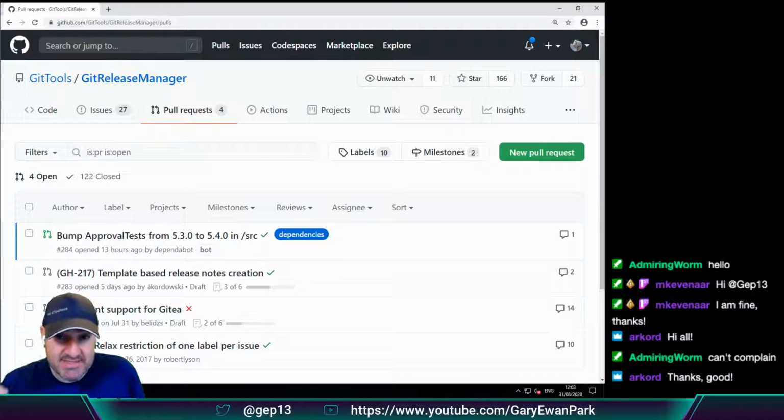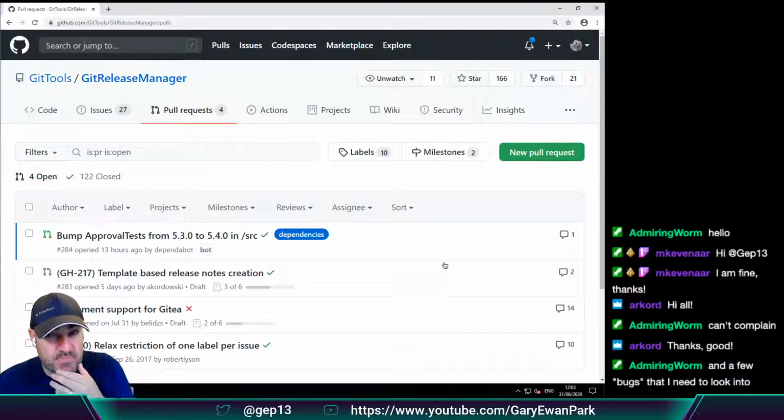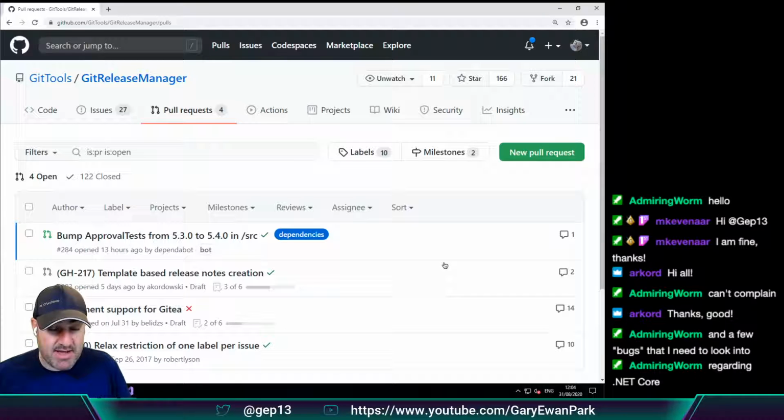But for tonight, we're looking at GitReleaseManager. So there's a couple of things I want to talk about. Where we left it last week, we were looking at how you get the EditorConfig file to work correctly in Visual Studio. So I had a couple of conversations with Kim about that, and also some of the Cake guys and how they do some things in their project. So I want to go back to that at some point. I want to finish that work off.